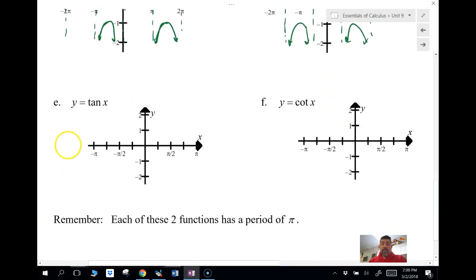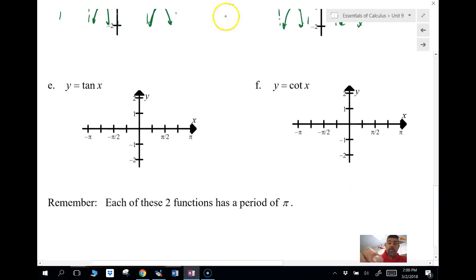All right, let's take a look at tangent and cotangent. Those are a little bit different. Tangent is sine over cosine. So this one's kind of tricky here. What this is going to look like is we're going to have,